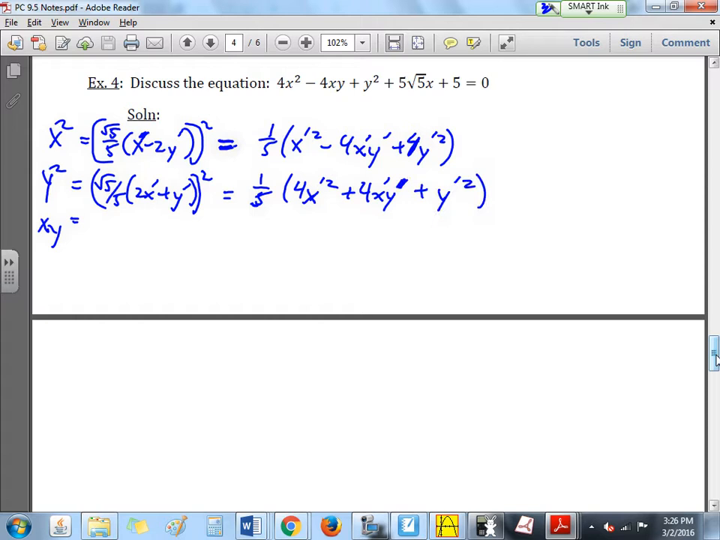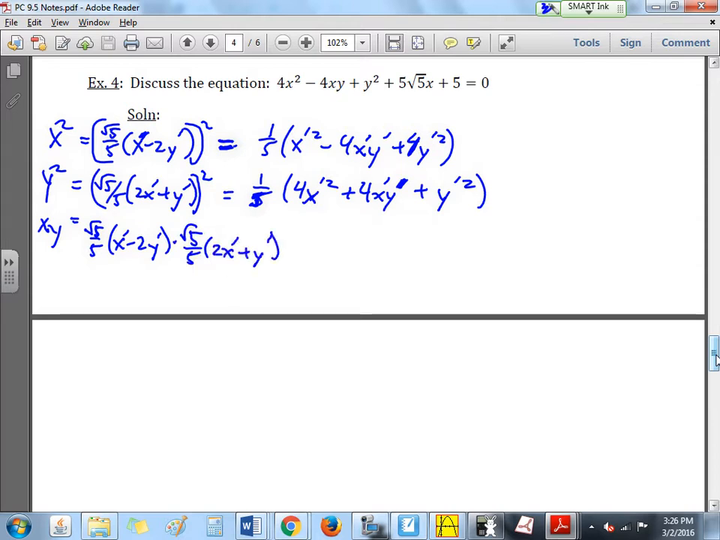Make sure your x's look like x's and your y's look like y's. It's really important for the sloppy writers, okay? We also need xy. So the xy is basically 1/5 times, I'm sorry, it's root 5 over 5 x prime minus 2y prime times root 5 over 5 2x prime